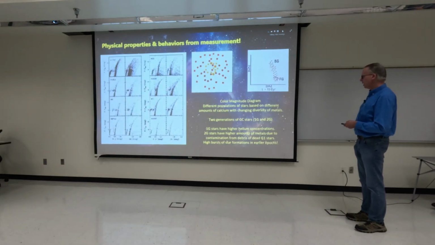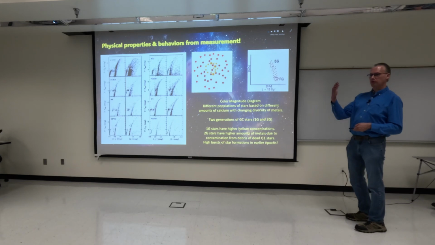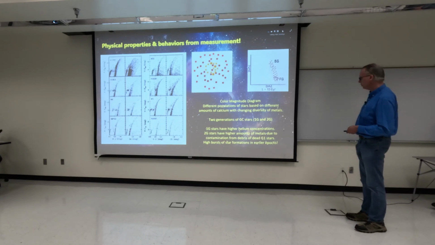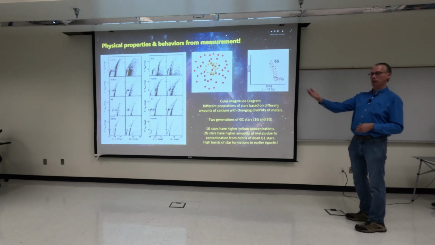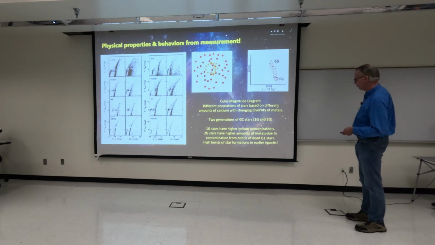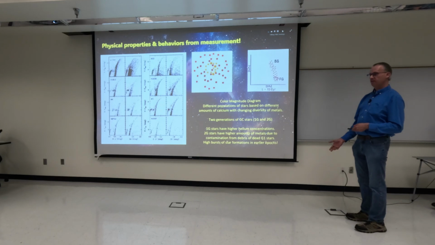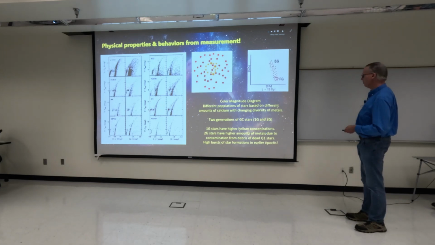This is the color magnitude diagram, so it deals with the effects of the generations of stars. One thing we can say about this is that the first generations of stars tend to have higher helium concentrations. The second generations actually collect metals that were the result of some of the larger stars that died out from the first generations. But any star formation would have been highly bursty. There would have been a high burst of star formation, very rapid, very quick, and a lot more efficient.